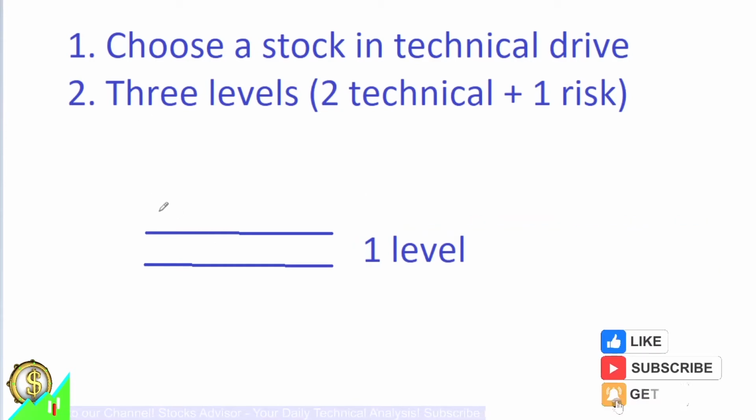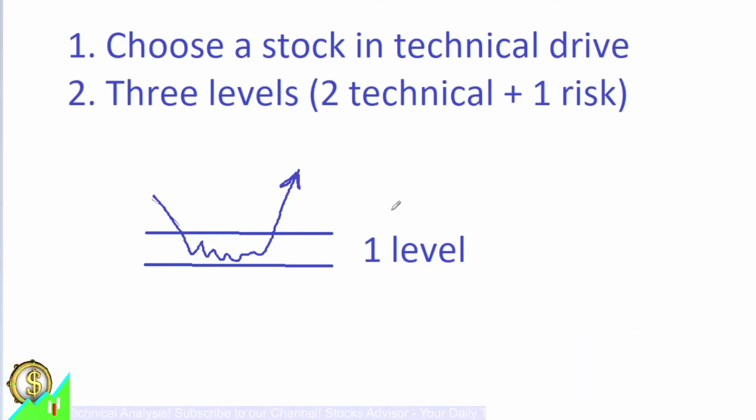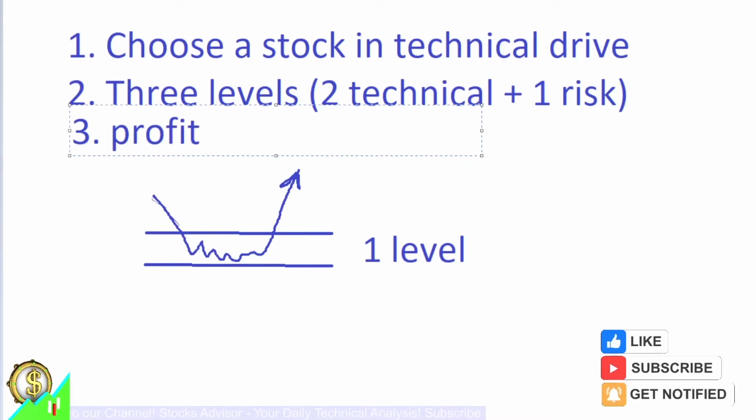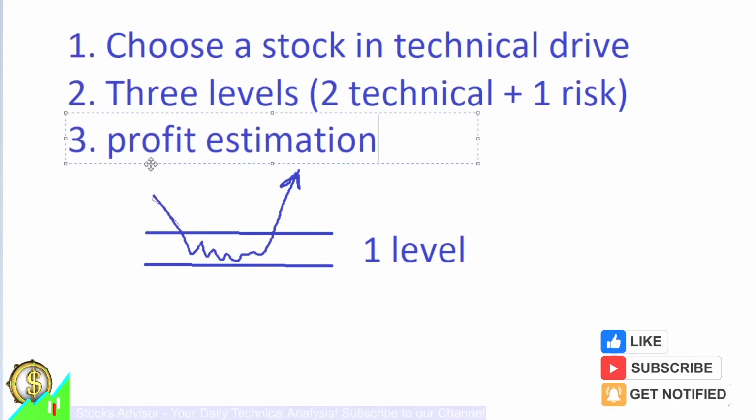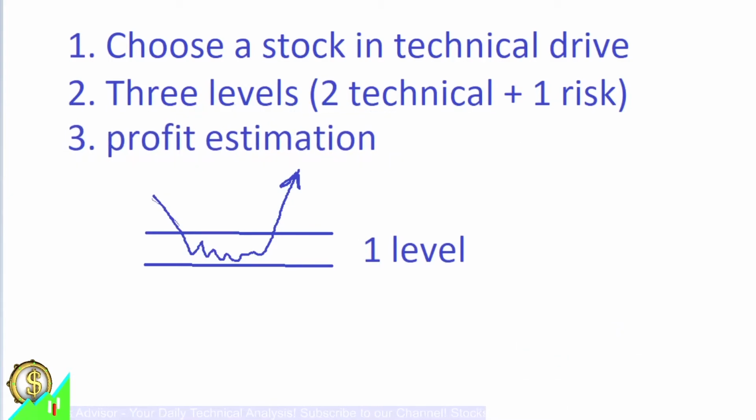We always play on rebounds. So it's always bullish. It's not bearish. So we think the price will go to the first level, maybe volatile inside, and then we expect it goes up. Then we also say when you need to sell it. So we give you a so-called profit estimation. This is the third thing we do. It's actually the moment when you need to take your profit.